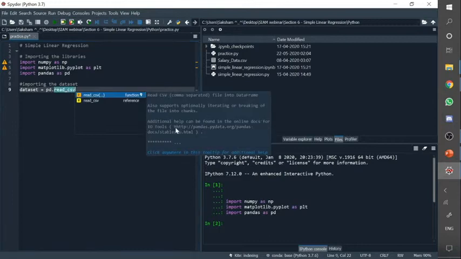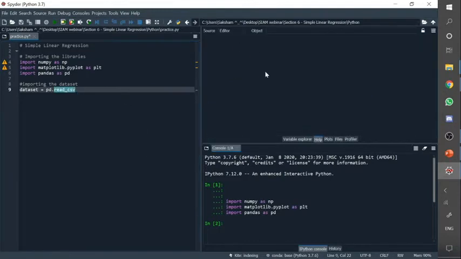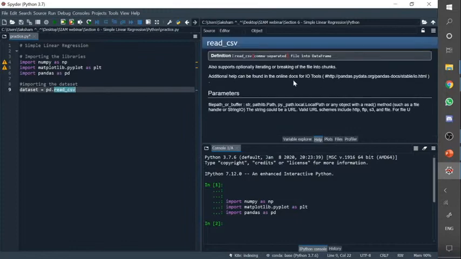Yeah, click anywhere in this tooltip for additional help, and in the help section you'll get the documentation of how to use this function. There are a lot of functions that you might not remember afterwards, but you can see in this help box what we are going to input in this function. All right, so read_csv, I'm going to write my file's name in it,